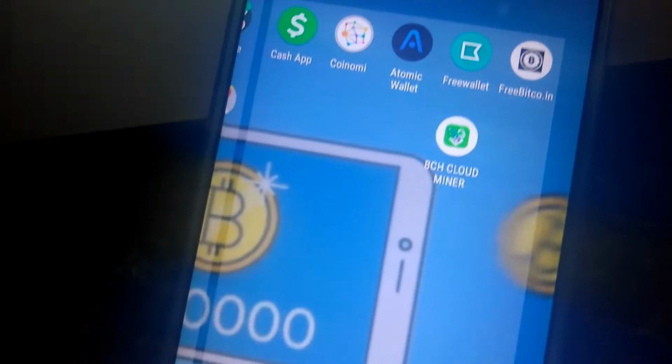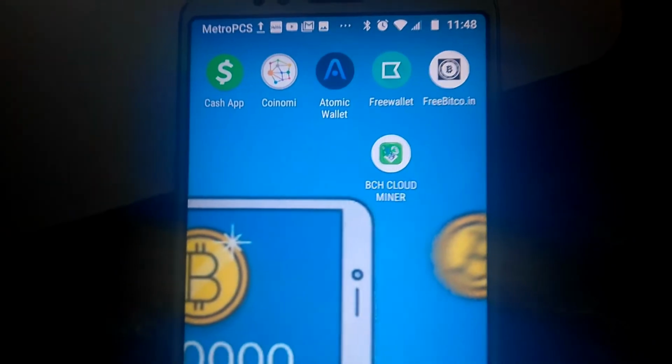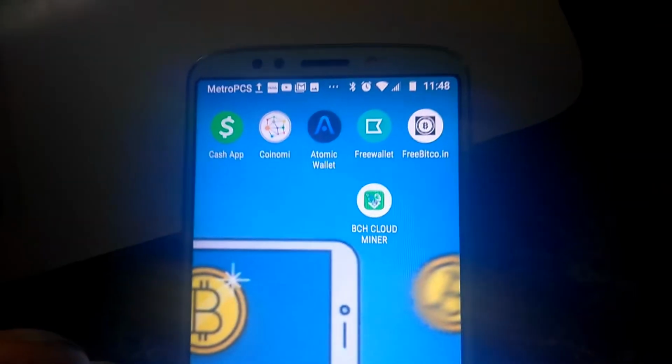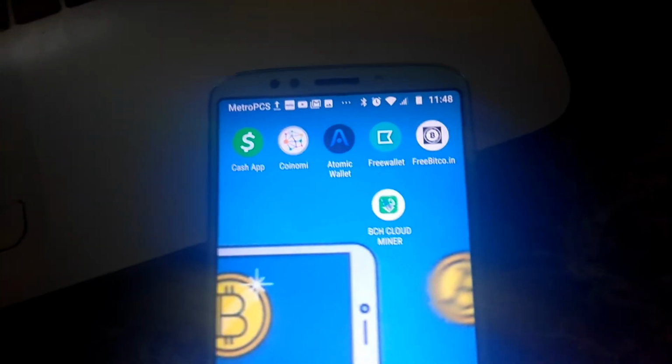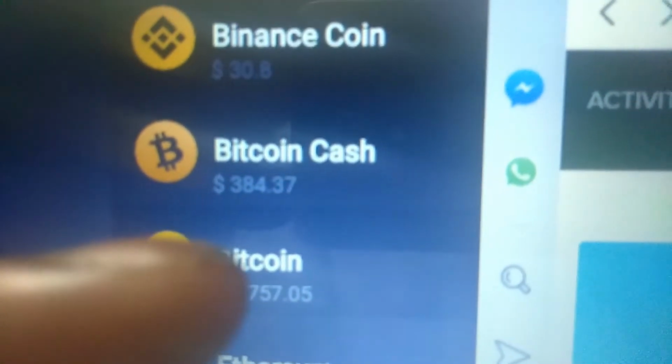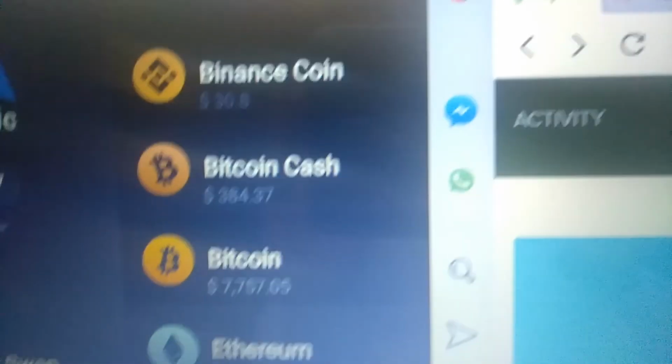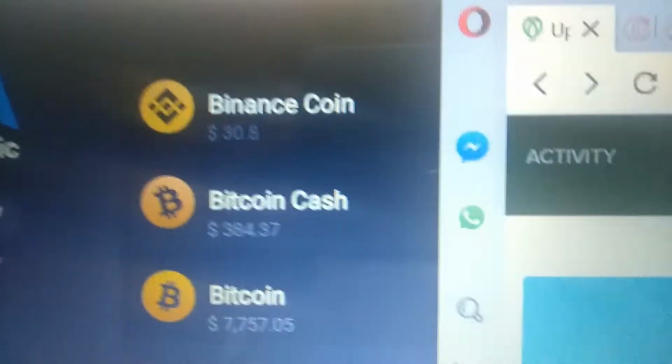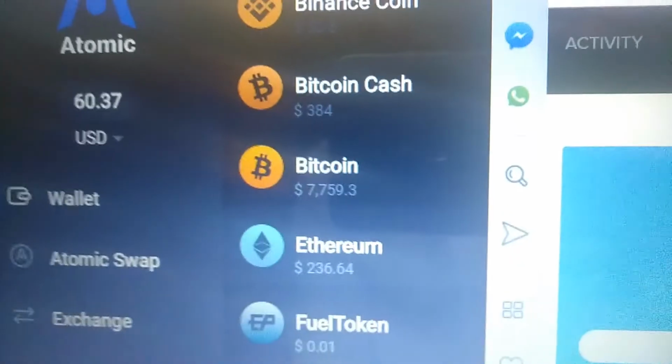But what we're going to be dealing with is this outstanding new way to make Bitcoin, how to make it constantly. And this is where it requires you to have an actual Bitcoin address or Bitcoin Cash address. You see how underneath there it says Bitcoin? Well, there's all sorts of different types of coins, but they're all pretty much the same, and it's hard to describe what I mean by the same. They have the same type of thing going on